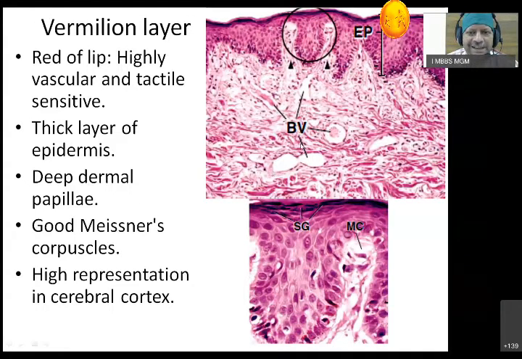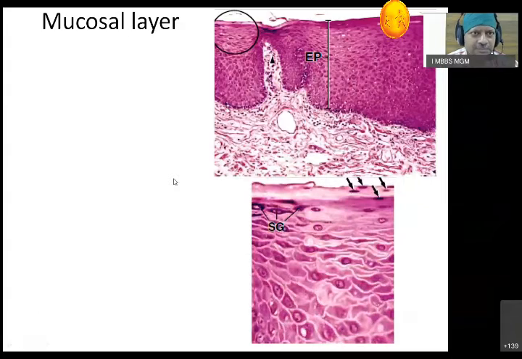The advantage is that if the lip gets cut, it heals much faster. But the disadvantage is that it doesn't have much sebaceous or sweat gland, so lips get cracked. That's why we have to look for a lot of things. Nowadays, because of masks, we are not thinking about our lips, but yes, we do have to think about our lips, not only for beauty but for a variety of functional aspects.